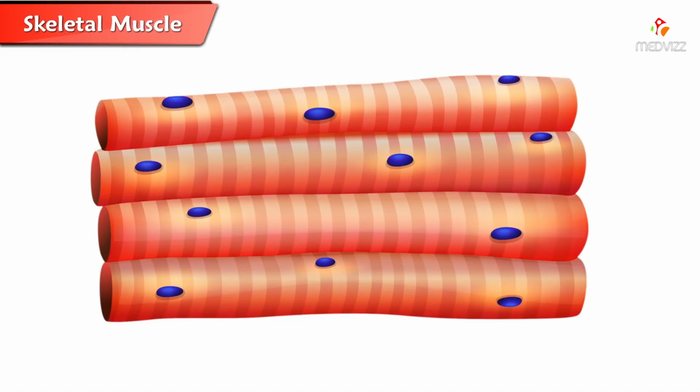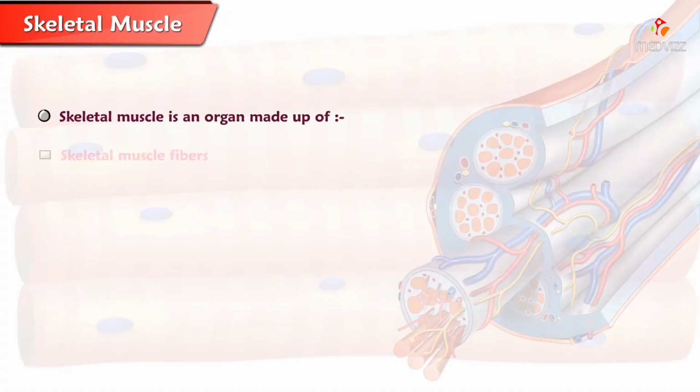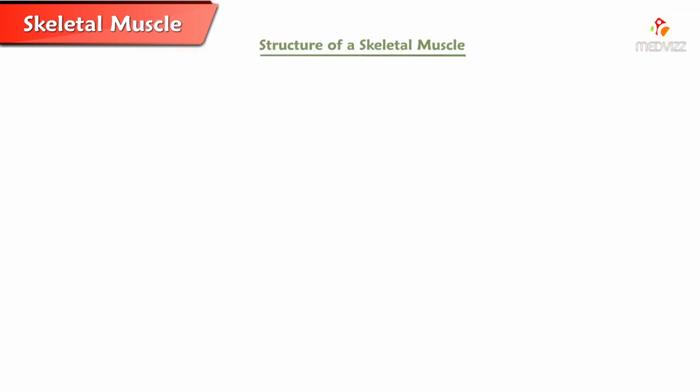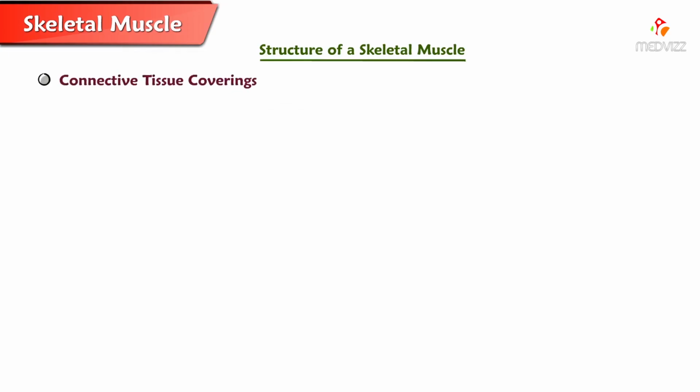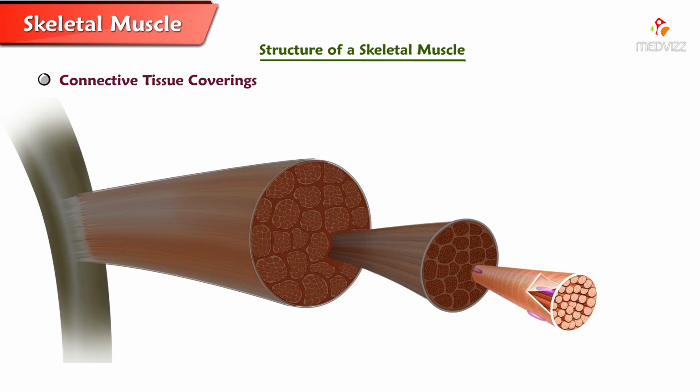Skeletal muscle. Each skeletal muscle is an organ made up of skeletal muscle fibers, connective tissue coverings, blood vessels, and nerve fibers. Structure of a skeletal muscle. Connective tissue coverings. Each muscle fiber of the skeletal muscle is wrapped in a thin, delicate layer of connective tissue